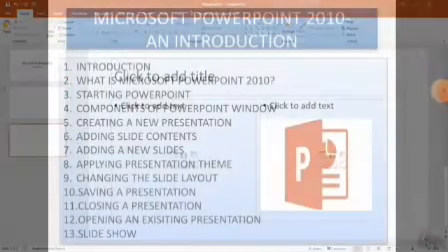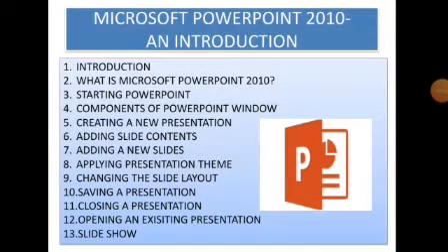The following topics are covered: introduction of the chapter, what is Microsoft PowerPoint 2010, how to start a PowerPoint, components of PowerPoint window, creating a new presentation, adding slides, contents, adding a new slide, applying presentation theme, changing the slide layout, saving a presentation, closing a presentation, opening an existing presentation, and how to apply a slideshow.